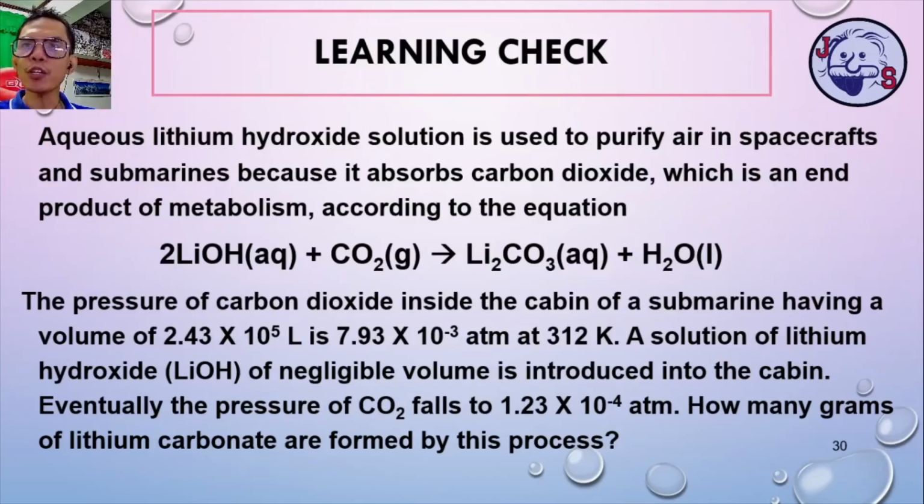Now, the pressure of carbon dioxide inside the cabin of a submarine having a volume of 2.43 times 10 to the 5th liters is 7.93 times 10 to the negative 3 atmosphere at 312 Kelvin. A solution of lithium hydroxide of negligible volume is introduced into the cabin, and eventually the cabin pressure falls to 1.23 times 10 to the negative 4 atmosphere. How many grams of lithium carbonate are formed in this